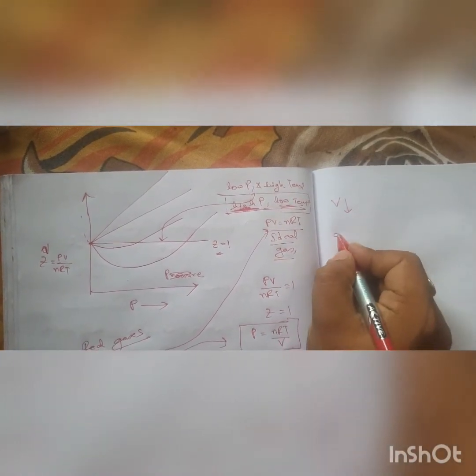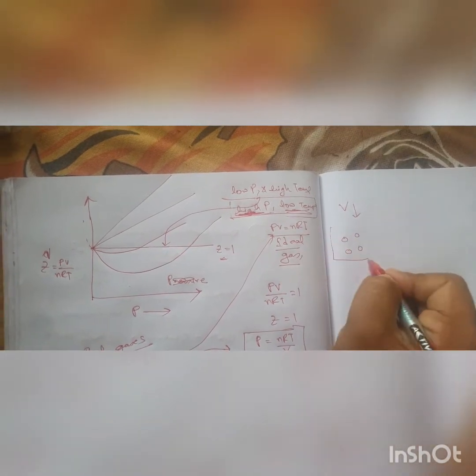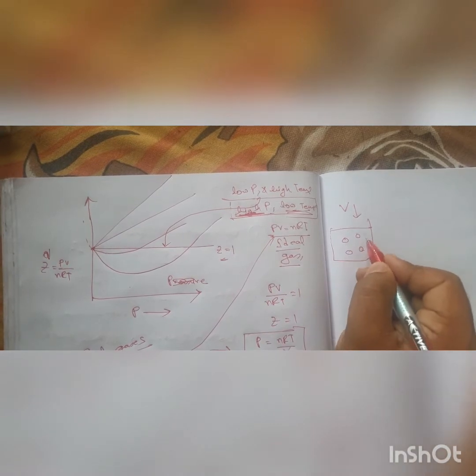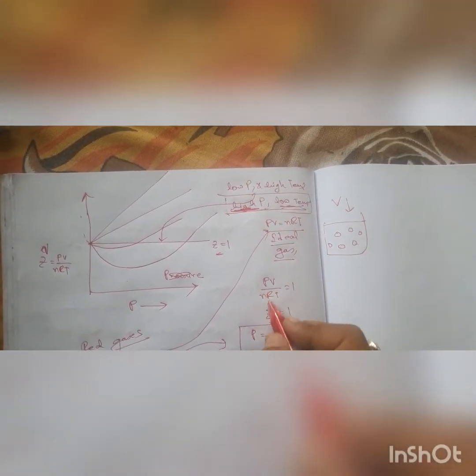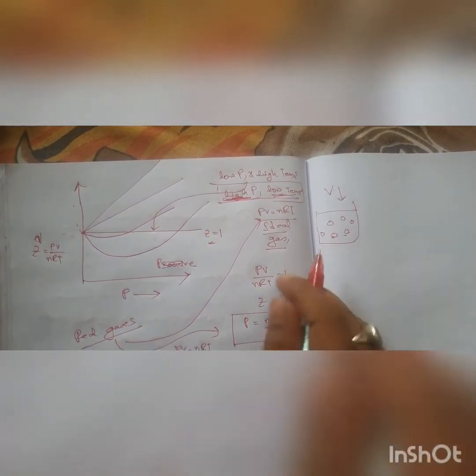So the volume of the molecules you cannot neglect, first thing, relative to the entire volume, because the entire space is not available for movement of these molecules, if you can understand that. So the volume that you consider in PV equals nRT is actually faulty, because you are not considering the volume of the molecules.